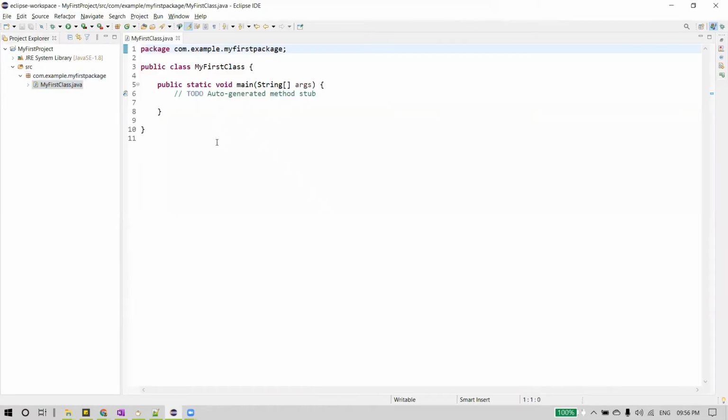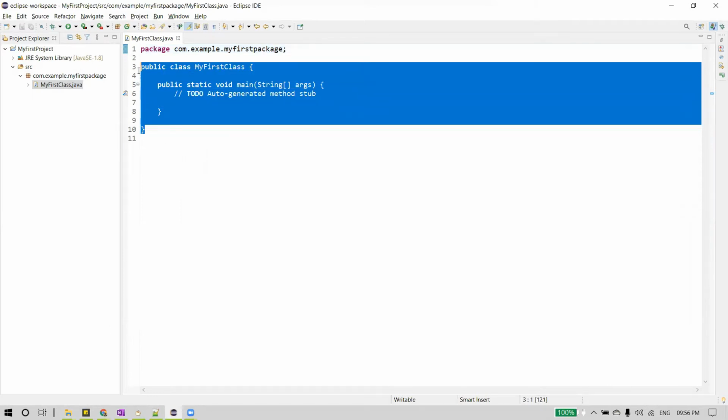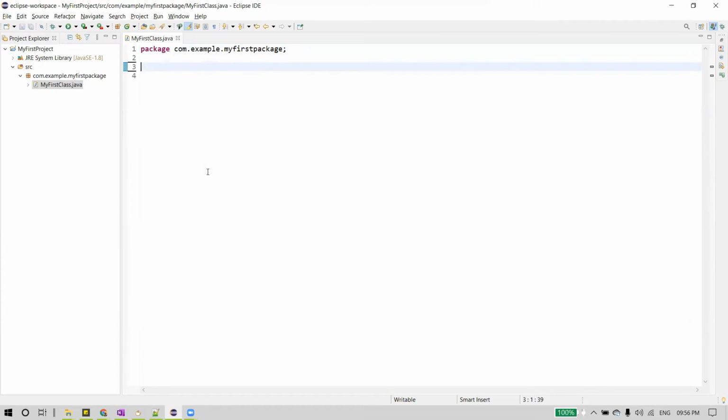So now you can see a class has been created in Java, right? So let's remove this and write it from the beginning, as it is our first program. Eclipse IDE gives us the predefined structure for a class, but as it is our first program, let's write it on our own. So the first line of any Java program should be the package name. Package is a keyword, so we write package and need to specify the complete package name, whatever we are in now.